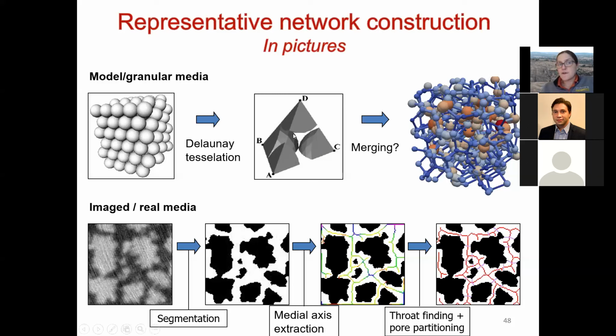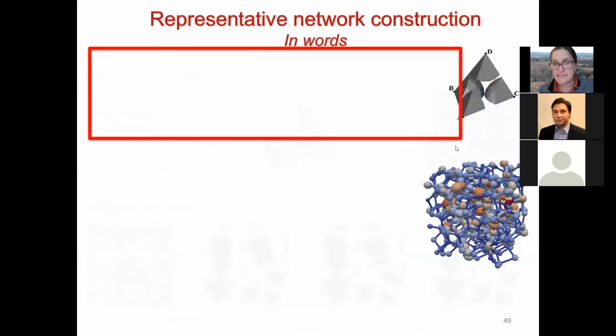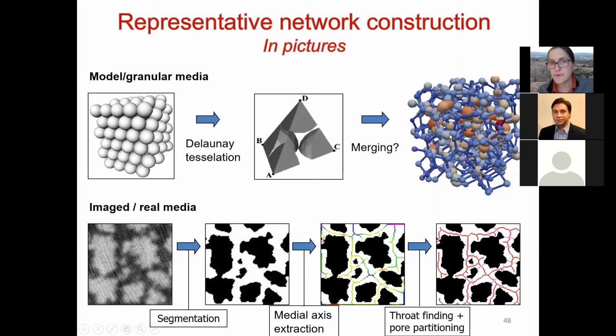I can figure out what this volume is in between. I can figure out each throat now is the surface or a side of a tetrahedron, and that's where my minimal cross section is. Okay, and then I still might have these problems of some pores needing to be merged. Actually, if you look really closely, you will see some of those were not removed prior to plotting this. So you will see actually these two spheres